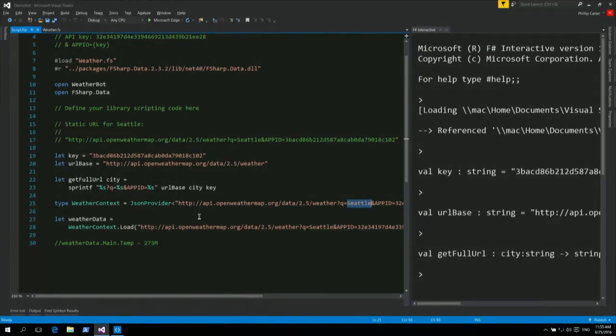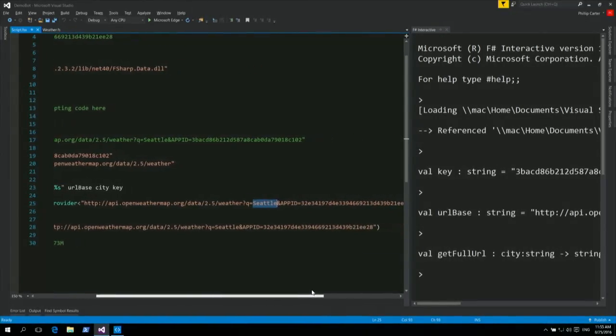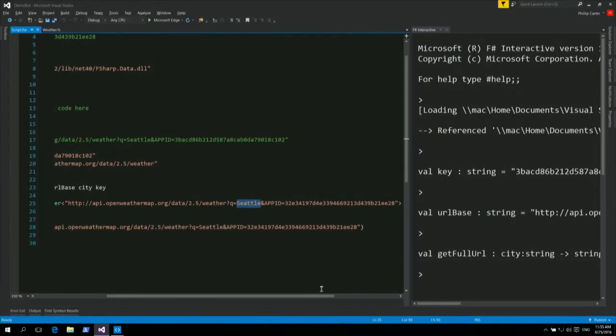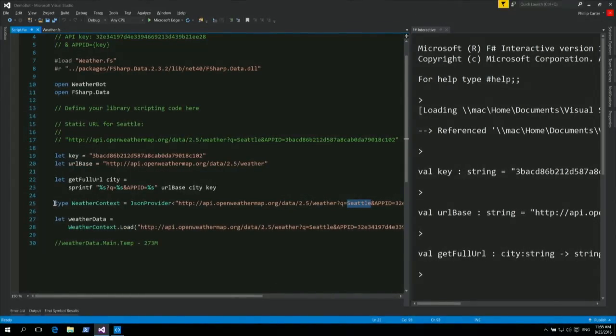So you can either pass in a URL with a schema, and then the F# compiler will download that information. It could be on disk, so it could read it off of disk. It'll download the schema information and generate a set of types that correspond to that schema. So it'll be able to read metadata on the file, so that once you have loaded a data set you get IntelliSense for data. What I'm doing here is passing in this hard-coded string with Seattle. So it's going to download a quick data set for Seattle, and the F# compiler is going to generate